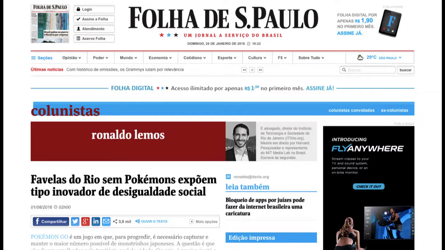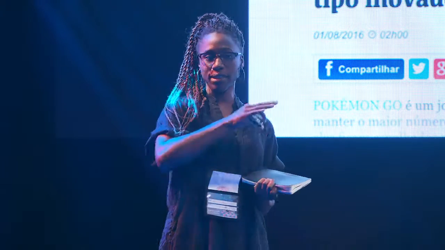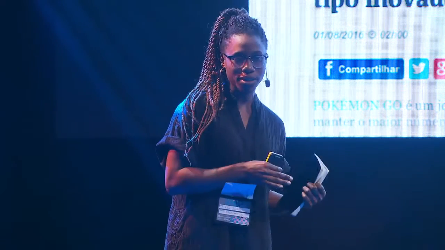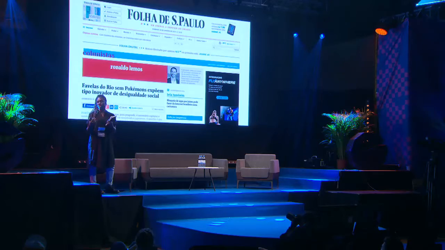If anyone speaks Portuguese, you understand this. If not, you probably still maybe get a little bit of it, which is that when Pokemon Go first came out, nobody in the favelas in Rio could play. And the reason for that is because the creators of Pokemon Go, Niantic Incorporated, some of them used to work with Google, and the underlying data that they used came from Google's maps. And so what that meant is that anything that they built off of that, of course, things that weren't represented in the maps weren't going to be represented in the games.